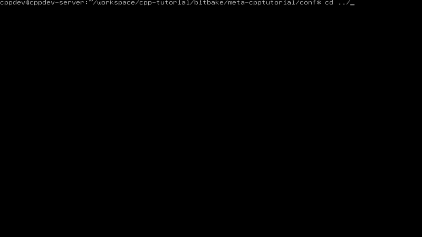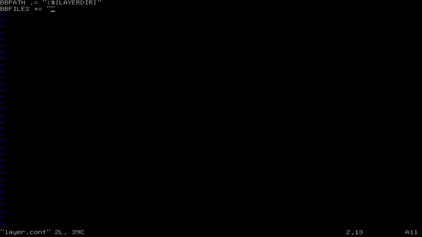So now that we set the cache, I think we have to create some recipes. First of all, we have to modify the layer.conf and set the previously empty BBFILES variable, and this will tell the bitbake binary where the actual bitbake recipes are located. In this case, it will be all .bb files from all directories that start with recipes dash as naming.